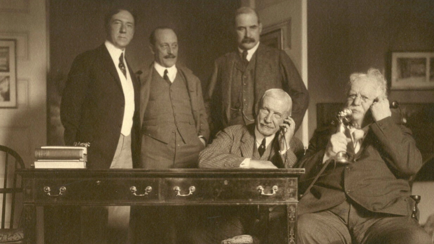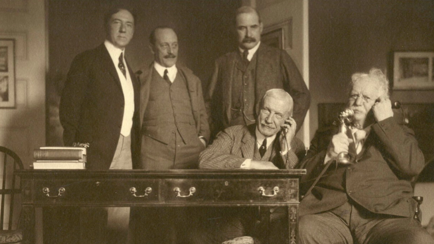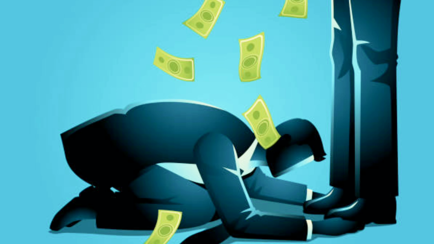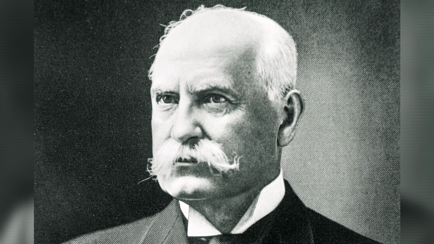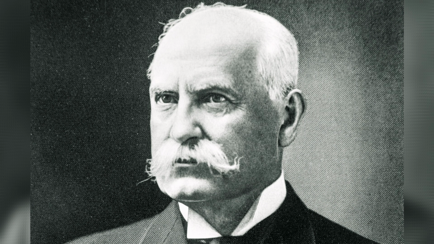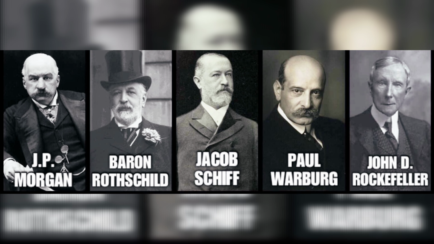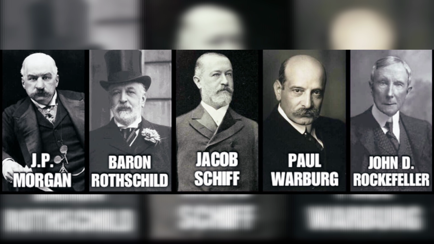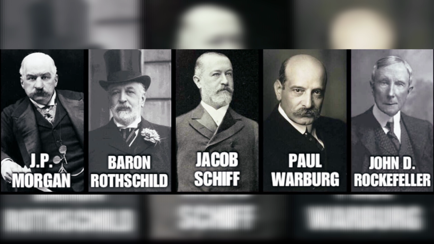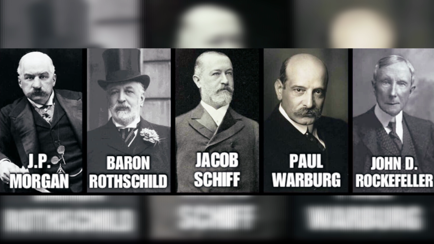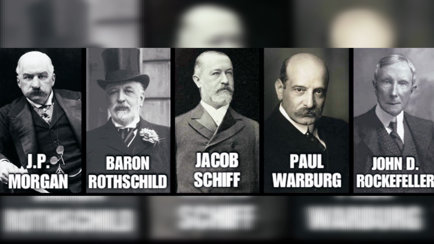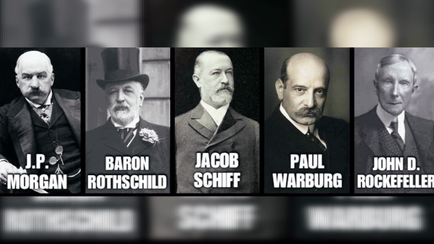They were there to redesign the American financial system behind closed doors and enslave the American people to debt forever. The secret meeting was led by Senator Nelson Eldridge and backed by all the big elites like J.P. Morgan, Rockefeller, and the National City Bank, which was the biggest bank in New York City. This group of elites drafted a plan that would hand the control of the US money over to a centralized banking cartel. They called it the Eldridge Plan.